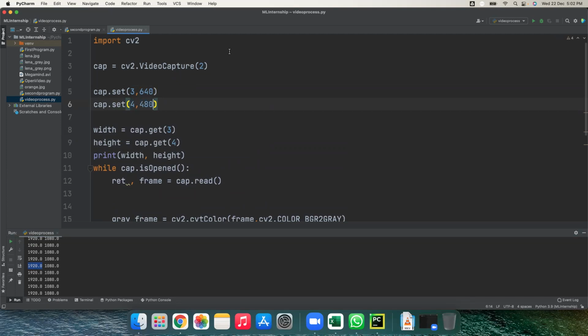So it is VGA, 640 by 480. It means I'm getting the VGA feed from the camera. I don't want the full HD feed, I want the VGA feed.